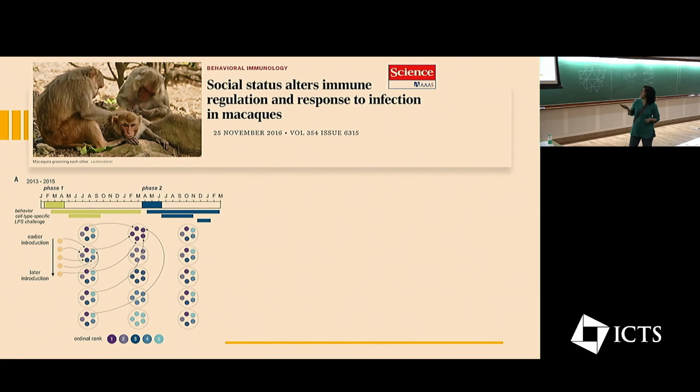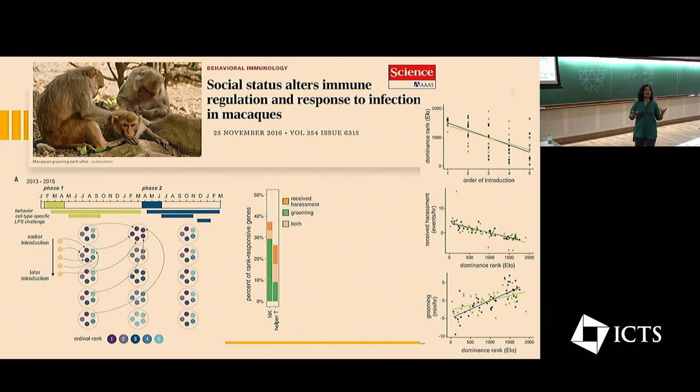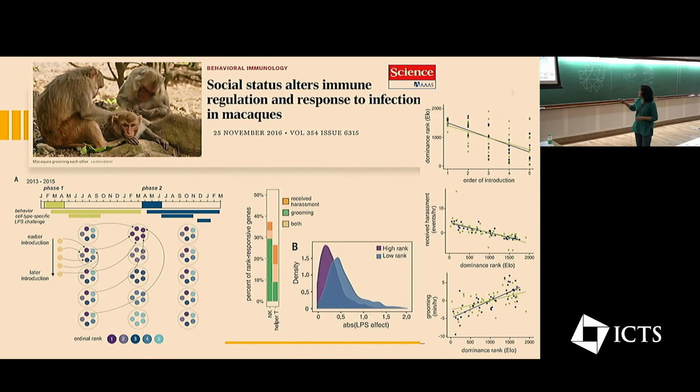So what was done in this study was that scientists artificially manipulated groups in these semi-wild housed rhesus monkeys, in such a way that the order in which they introduced monkeys in a group determined not only their dominance rank in that group, but also the